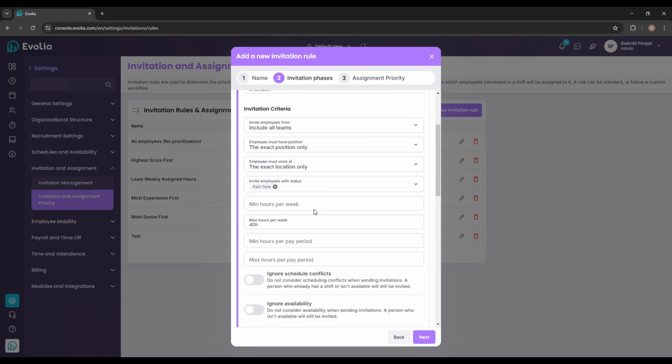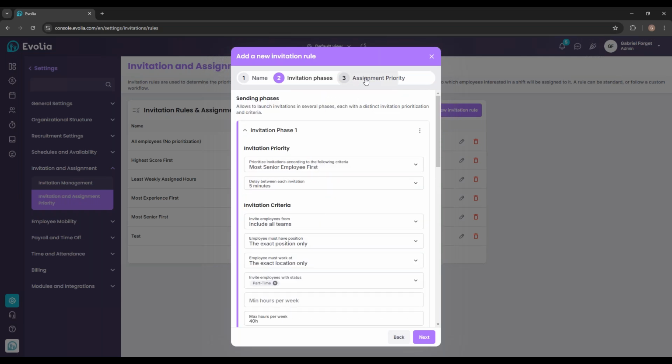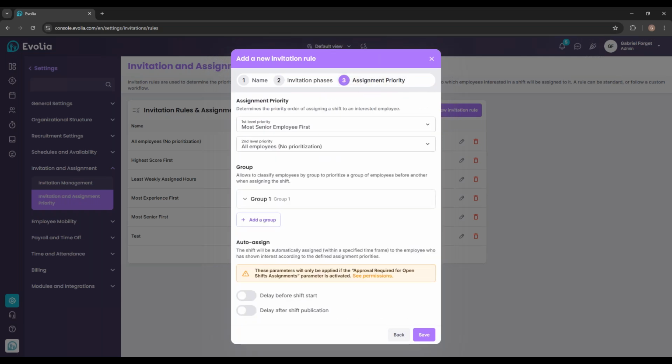So once I'm done creating my invitation phases, I can then decide my assignment priority. So the assignment priority is interesting when you have